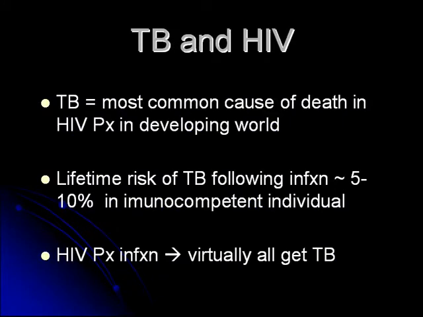TB and HIV, this is something that's really made a difference epidemiologically, is the rise of HIV in sub-Saharan Africa. And like I was saying, if you come in contact with tuberculosis and you have HIV, there's almost 100% chance that you will actually develop active tuberculosis. Whereas if you're a healthy person, there's only about a 5 to 10% lifetime risk of developing active tuberculosis. All HIV patients are therefore screened with the purified protein derivative, or PPD, and if they are positive, they will be treated for tuberculosis. Is it more difficult to treat the HIV patient with TB drugs?